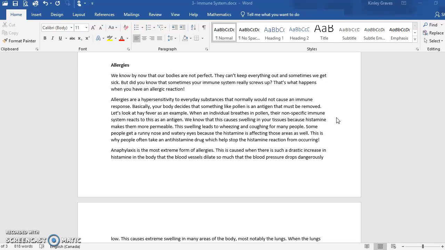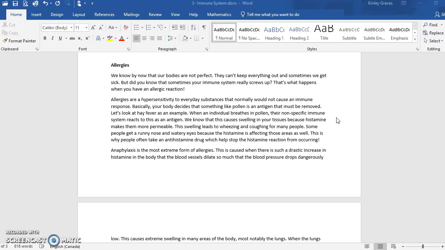Okay? So if we look at hay fever, it's when an individual breathes in pollen and their non-specific immune system reacts to this antigen, right? So we've decided pollen is an antigen, even though it's not. But in this case, it's an antigen. Your non-specific immune system reacts to that antigen. And so we know that